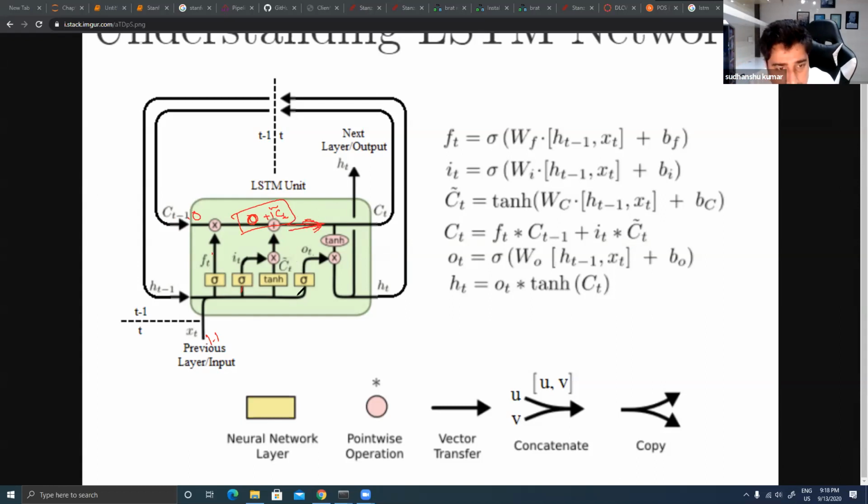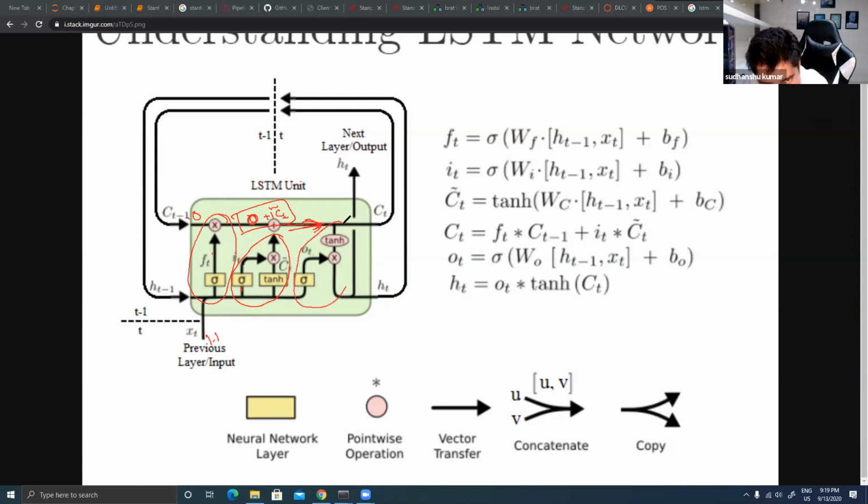That is fine. Now, like I told you, this is called a memory channel, or you can call it a context channel. It is trying to build the context. The previous one helps to forget or decrease the value of the previous context, right? This one is trying to increase the value of the previous context, or maybe trying to add something, I will say. Okay. Now this is another gate.